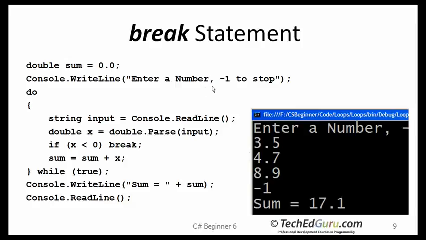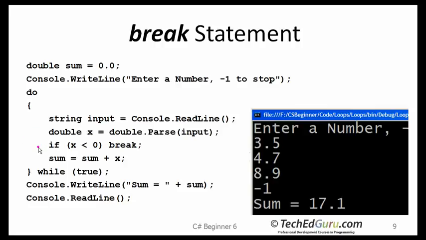It says enter a number, -1 to stop. I enter 3.5 first, and a 4.7 next, and an 8.9 after that. Earlier we learned about how to get the user input. We used the Console.ReadLine statement to get a string, convert that string to a double, because that's what we are expecting here. And then every time I get that double value from the user, I check whether it is negative or not,